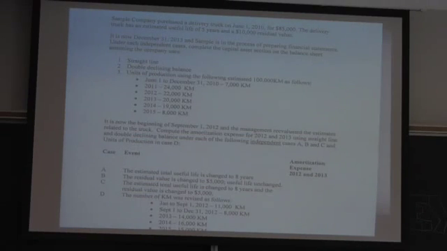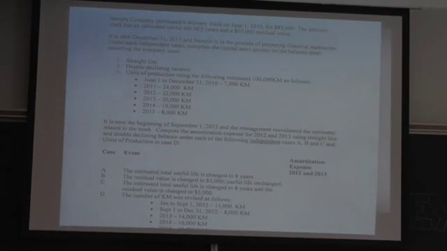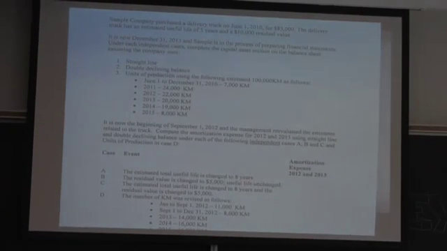three methods. So what I'm going to do is answer this first part first, because the second part talks about a change, a revaluation of estimates related to the truck. So I'm going to break out the question into two parts. The first part is essentially calculating the amortization based on the following three assumptions. The first one is straight line. The second one is double declining balance. And the third one is units of production. So let's take a look at the first one first. Under the straight line method,